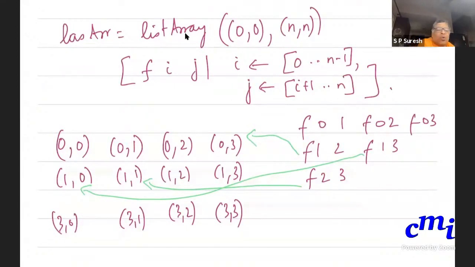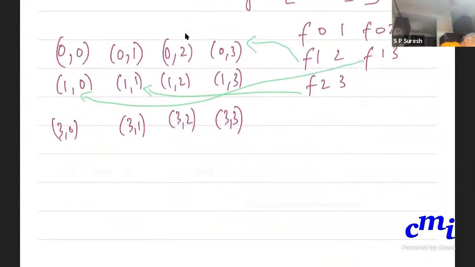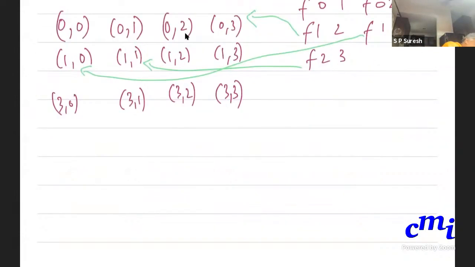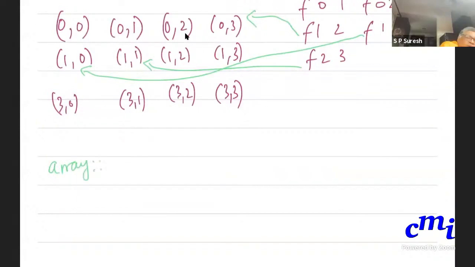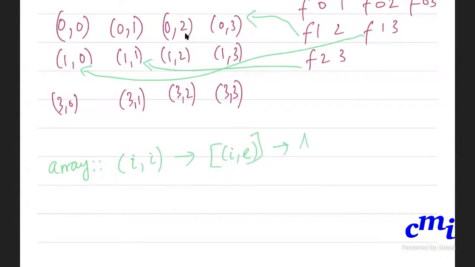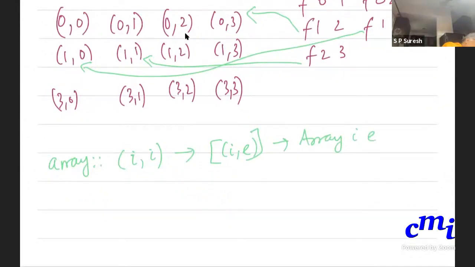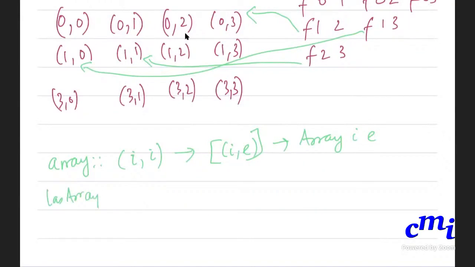If you don't want to do this, that is when you have to use the other method that I told you about. Recall that I told you about this method called array, where you give some lower bound, upper bound, and then you give an associative list. So you could do the same thing. You could say, I want to build my LAS array using the array call.